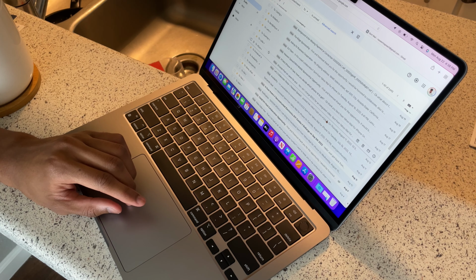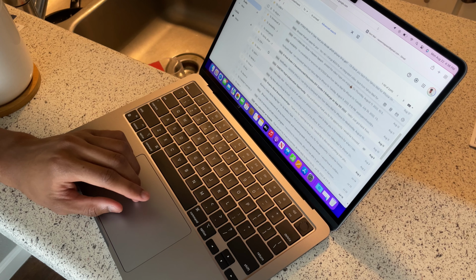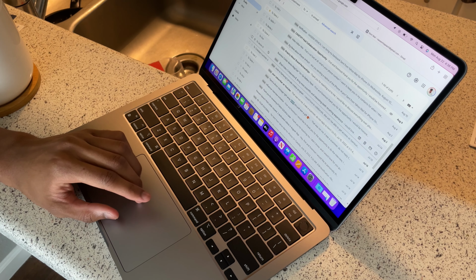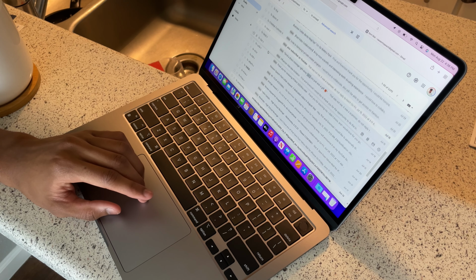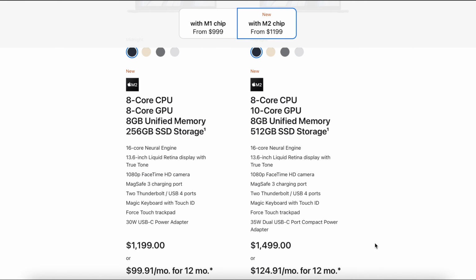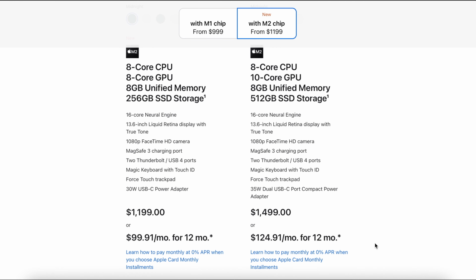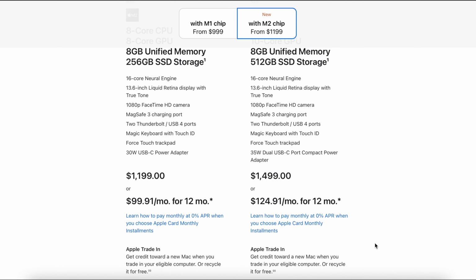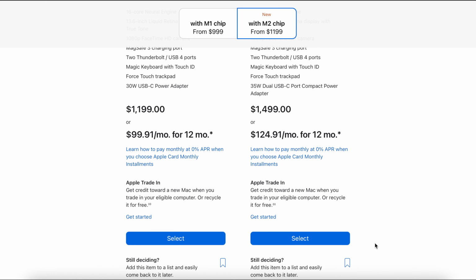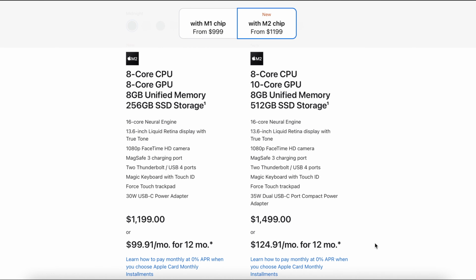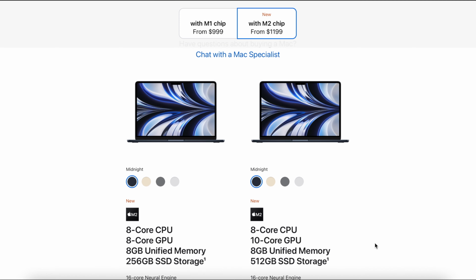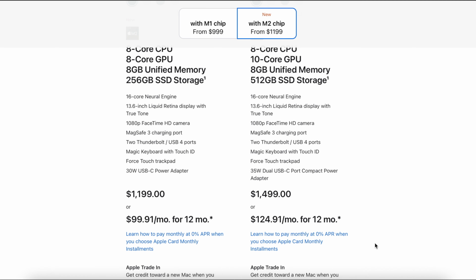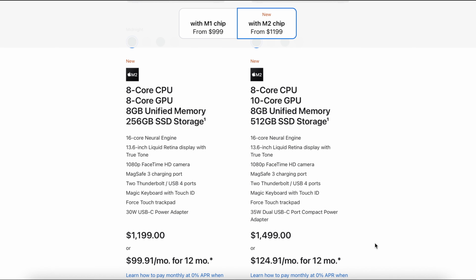Now the first problem that I had with the MacBook was the price. Now this MacBook Air starts around $1,200, which is $200 more than the previous version. And if you want to upgrade for better RAM, storage, etc., you can pay for the $1,400 version, which is really absurd to me. And as long as the MacBook Air doesn't have any fans, you'll always be putting a ton of strain on it if you were to edit. So no matter how much you spend, you'll never be able to get the true power, which means you're limited